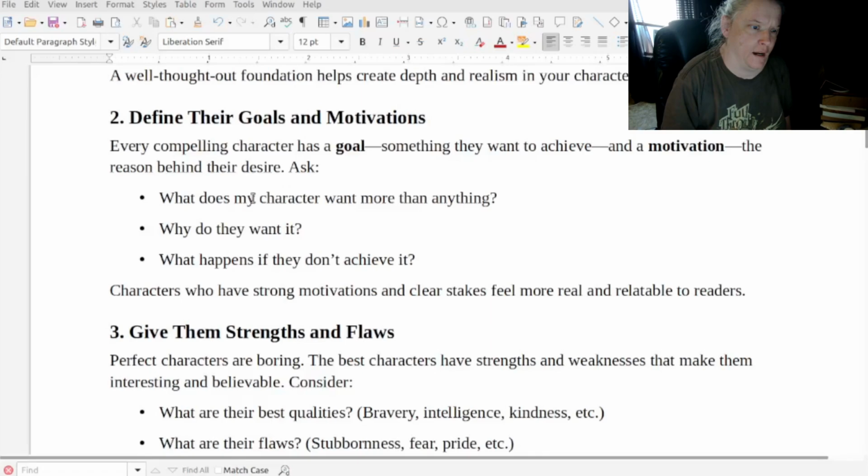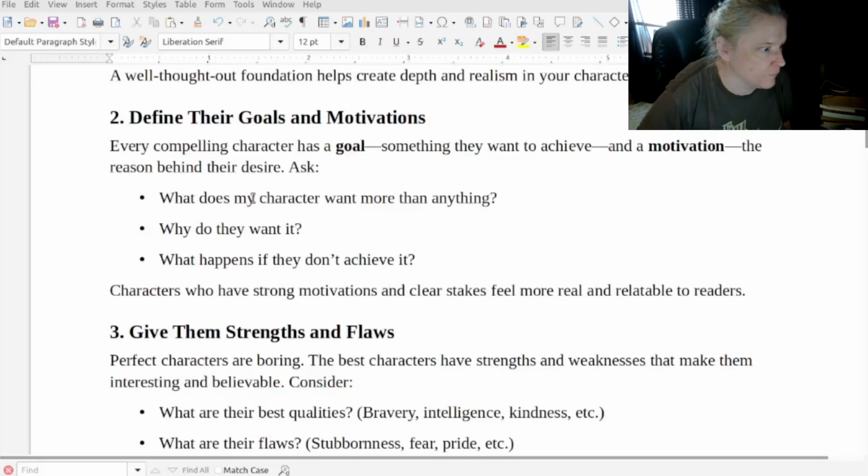What do you want more than anything else? Is that the same thing your character wants? Why do you want the thing you want? And then what happens if you don't achieve the thing that you want, or your character doesn't? This is part of that writing what you know, and digging deep within yourself can help you create better characters